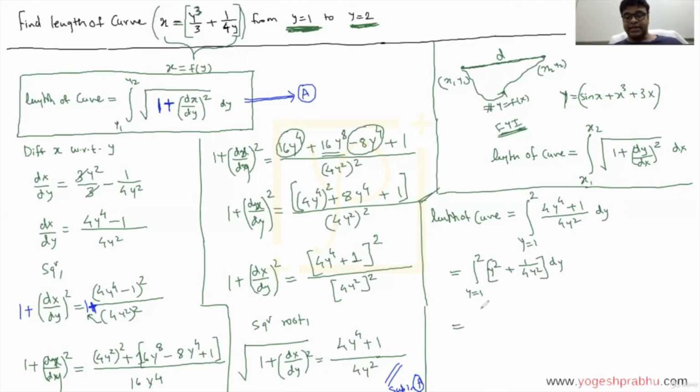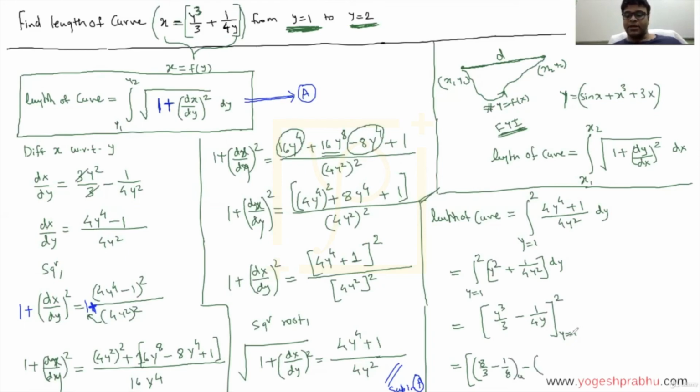So let us integrate this. The integration of y square is going to be y cube by 3. The integration of 1 by y square, I hope you know it's going to be minus 1 by y. Okay, you can just solve and see. So it is 1 minus 1 by y, so this will become negative, and 1 by y square becomes 1 by y after you integrate this. And the final step is you will put values of the limits. The upper limit is 2 and the lower limit is 1. Let's put the upper limit first. So if we put the upper limit, it is going to be 8 by 3, and when you put the value 2 here, this is going to be minus 1 by 8. That is all upper limit.